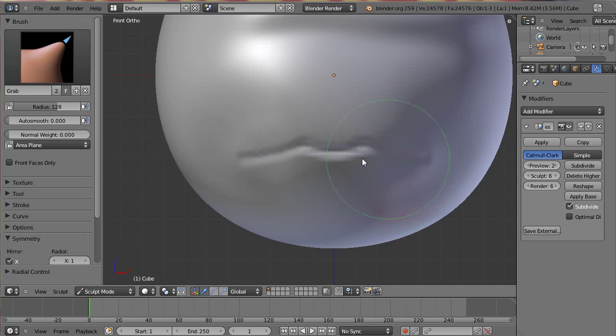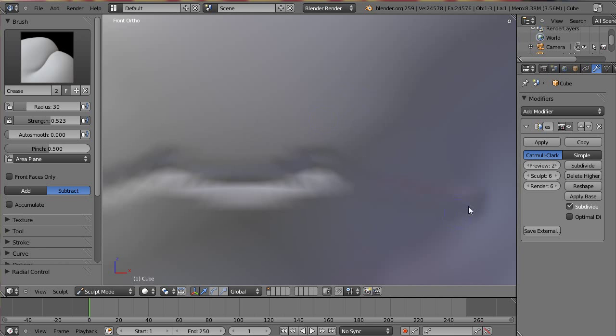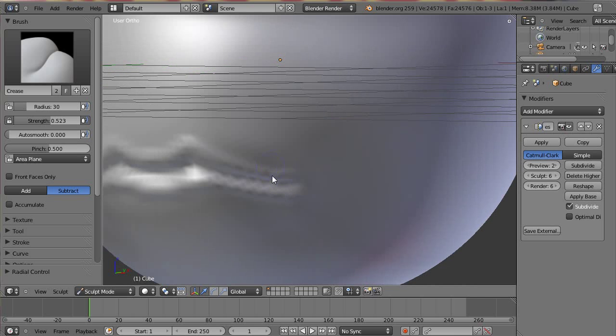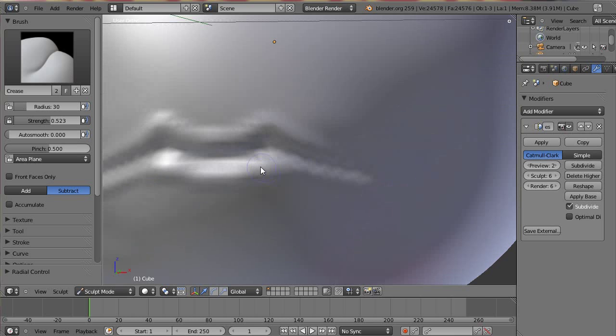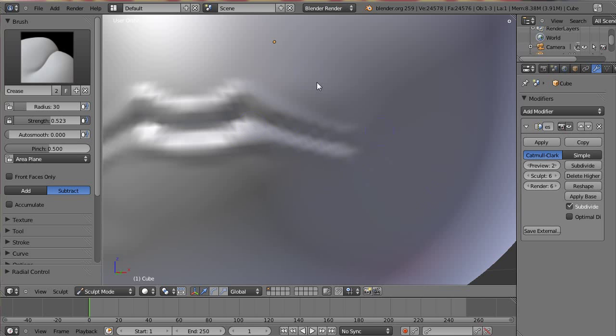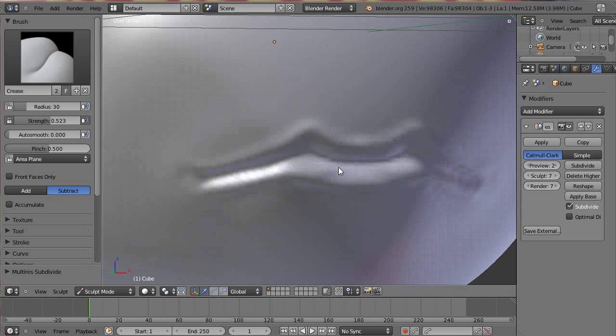What I'll do is go to crease again, and just along the top ridge of the lip, holding down Control, going to brush. That'll help give a bit of volume to each top and bottom lip. And I might just smooth that corner area. And as you can see, even at level 6 it still gets a bit chunky in spots. So I suppose if your computer can handle it, might jump up another one.